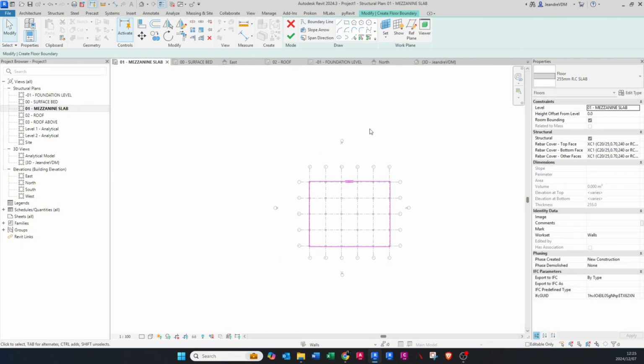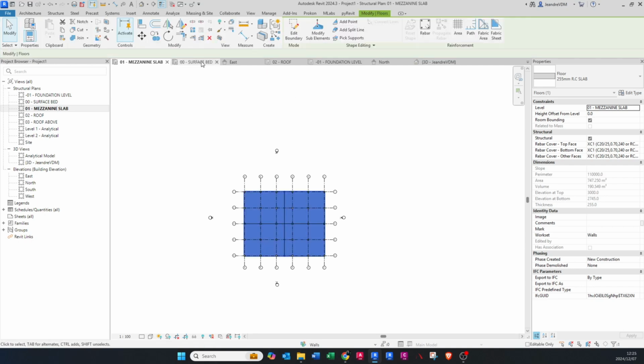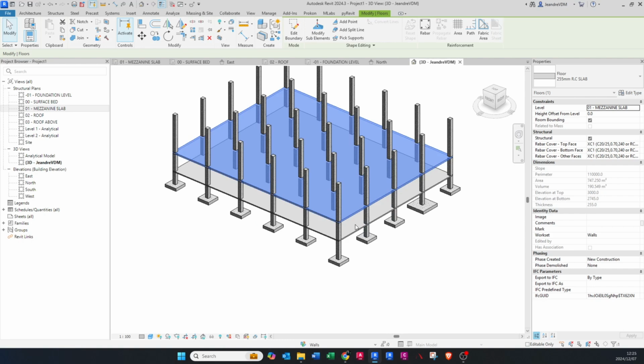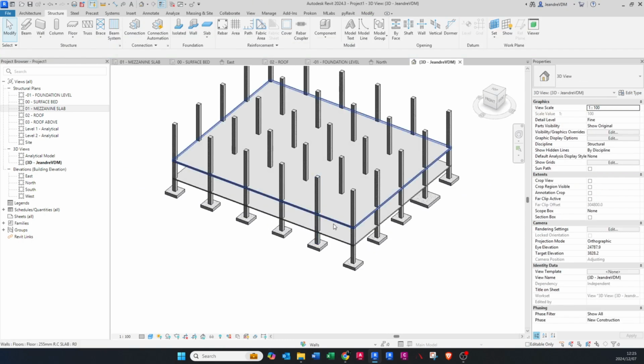That. It's on the mezzanine level. Say okay. We go to the 3D again. You'll see it's on this level now. But the other way you can do this is if you want the same slab on the level above, which